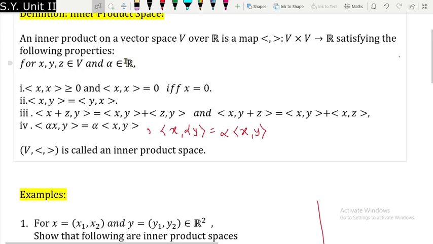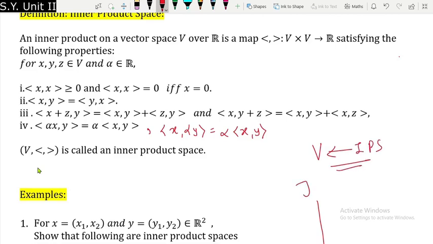we say that that map is an inner product on a vector space V, and that is how we denote it. V together with the inner product is called the inner product space, but from here onwards we are only going to use the term inner product space. Whenever we say inner product space, it means that there is a certain function, I will repeat it again. Whenever you say that V is an inner product space, it means that there is a function denoted like this from V cross V to R satisfying these four properties.